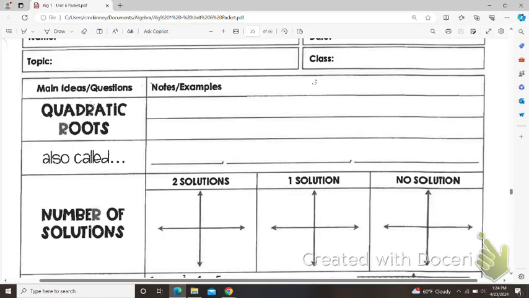Hi students, this is a lesson on quadratic roots. So at this point you should know that a quadratic means that the equation has a second power, right? So there would be a squared term. And the quadratic roots are the x coordinates